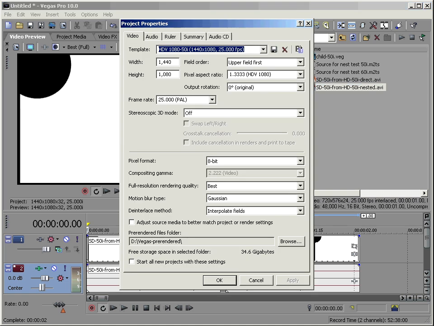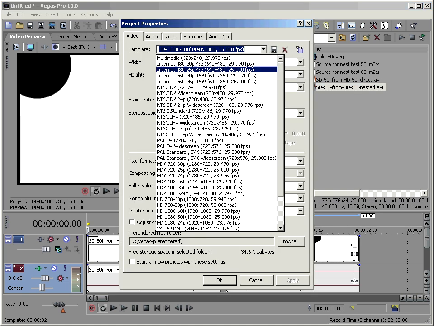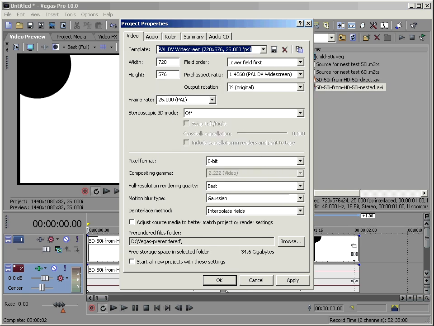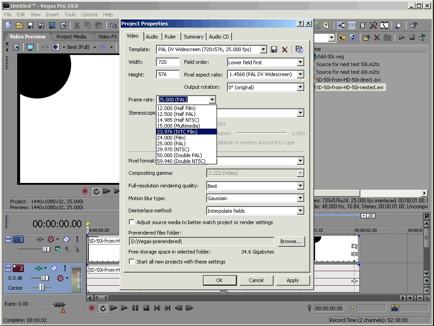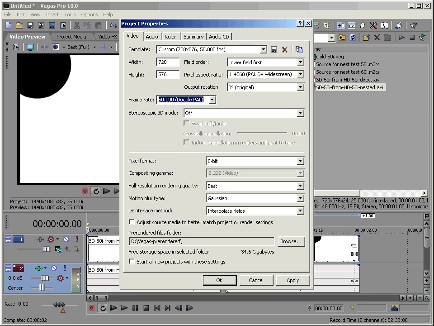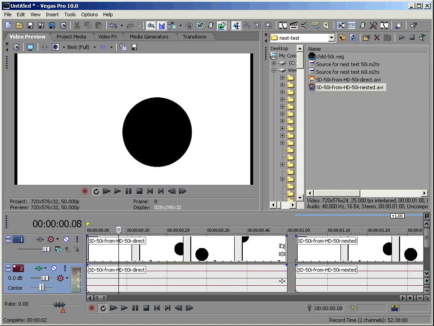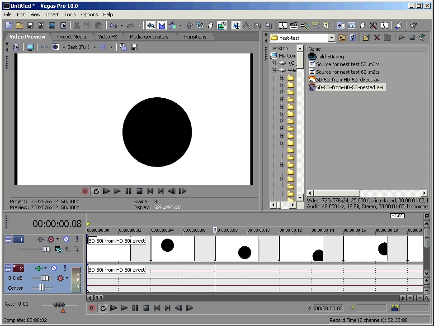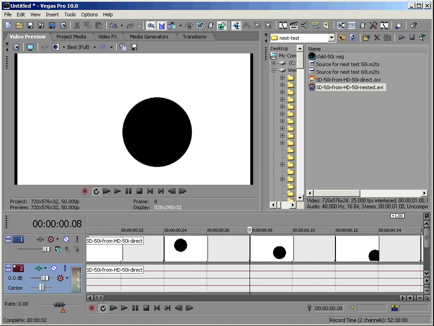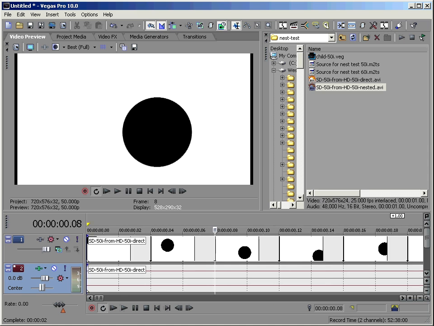and we'll match the project properties to PAL DV widescreen. But what we want to do now is actually look at the separate fields, and we can do this by doubling the frame rate to 50. And let's set the field order to none, so it's progressive scan. And let's zoom in on this timeline. If you don't zoom in, it's possible you might skip frames, which will mislead you when you're trying to assess the results. So I've zoomed in now on the directly rendered file, and just using the arrow keys on the keyboard,